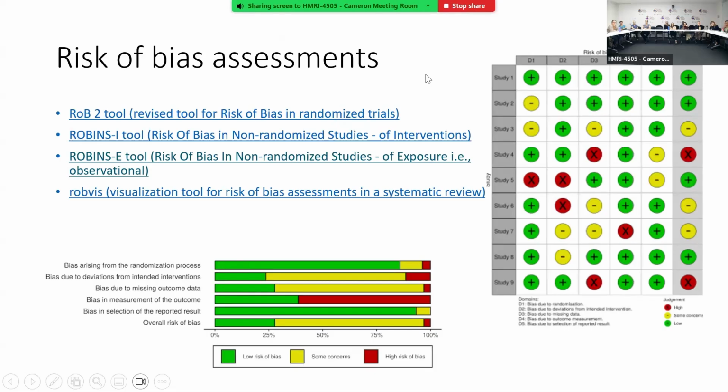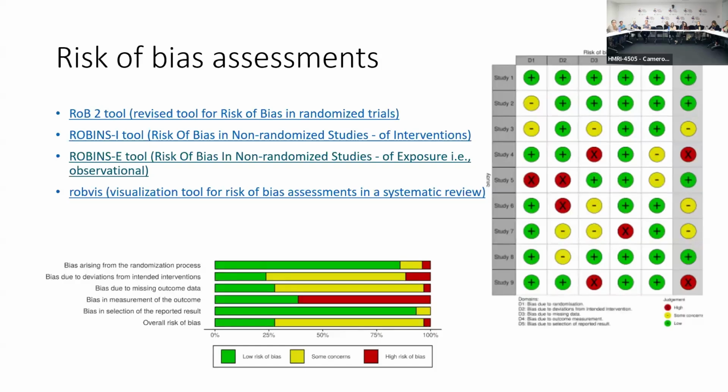And this is essentially what it gives you here. It's a little bit hard to see, but down in this little box, there's bias arising from the randomisation process. So was this study randomised? Yes or no, you get a nice tick. Bias due to deviations from the intended interventions: hang on, they didn't deliver the intervention as outlined in the protocol. Why did they do that? Did they get halfway through and change it? That's what's going on. Bias due to missing outcome data.